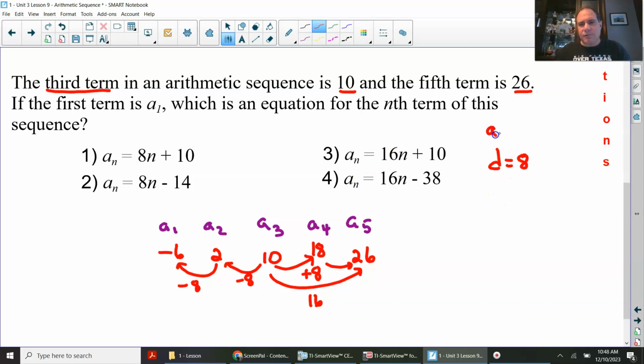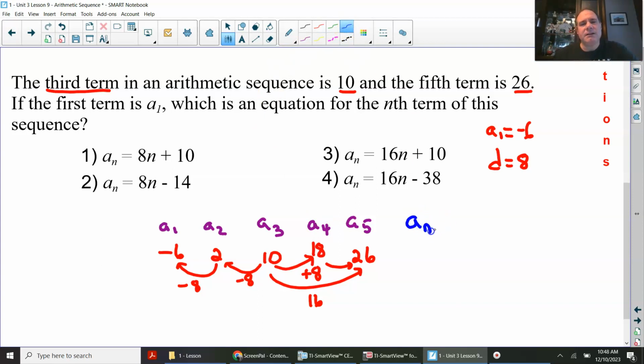And then a sub 1 is negative 6. So let me just check it out, though. Negative 6 plus 8 is 2. 2 plus 8 is 10. 10 plus 8, 18. 18 plus 8, 26. It works out. So now we could put together the